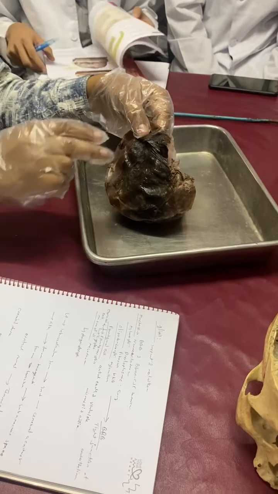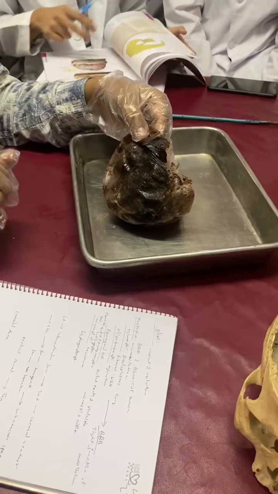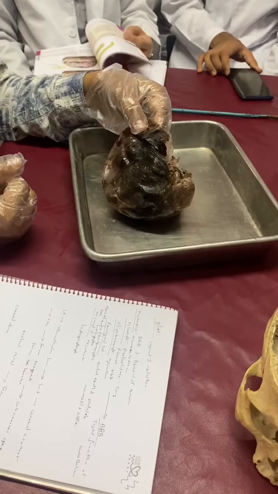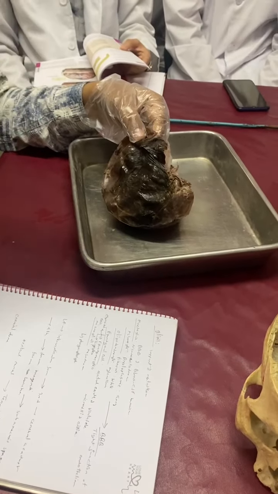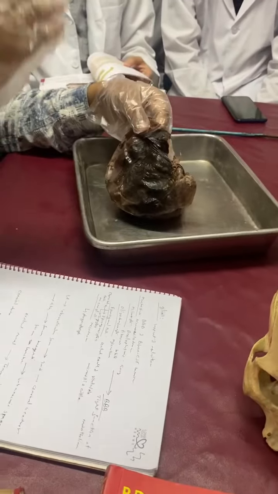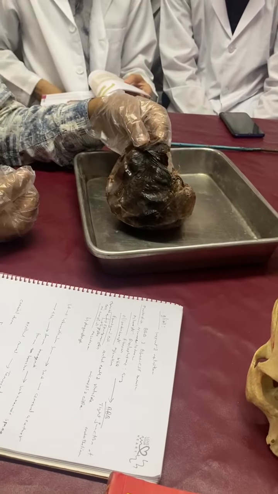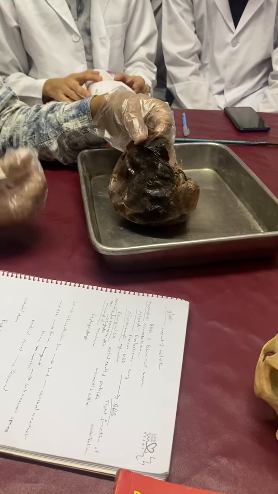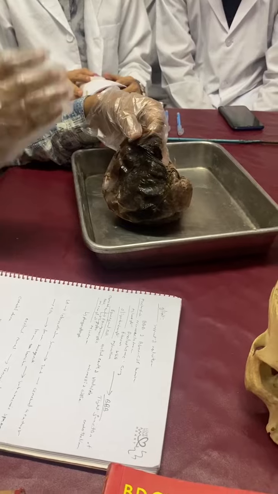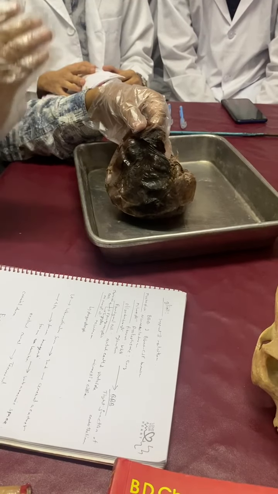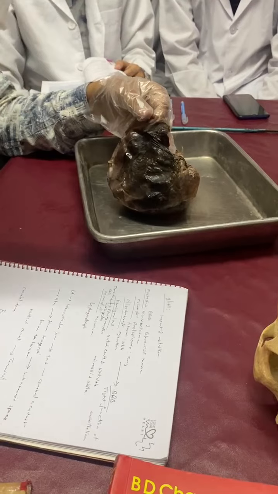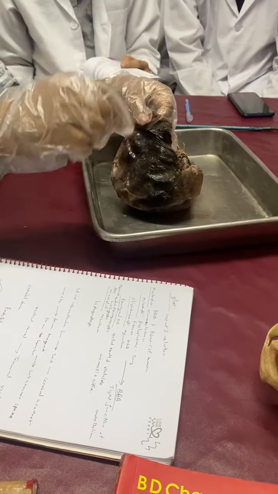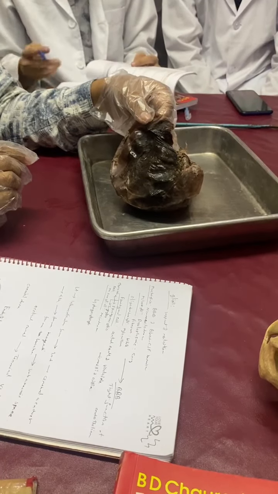Okay, but in the case of the brain, we will find three layers. Normally, such as in pericardium or pleura, pleura is the lining of the lung, and the pericardium is the lining of the heart, as well as peritoneum is the lining of the abdominal viscera. Okay, all of them have only two layers. One layer attaches to the viscera, and another layer lies just outside of the viscera, not attached to the viscera. But in the case of the brain, we will find three layers.